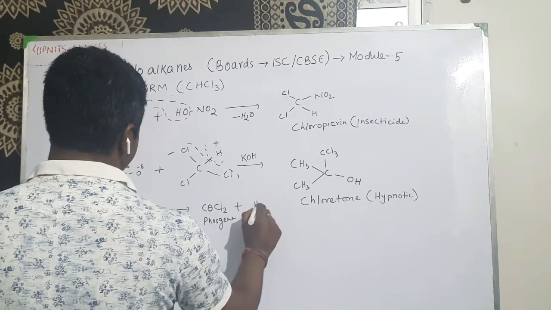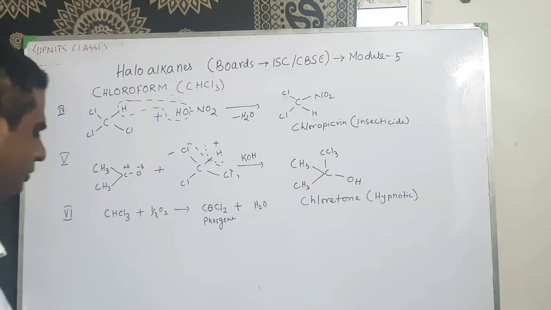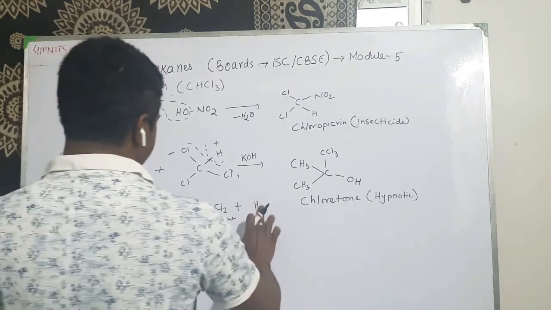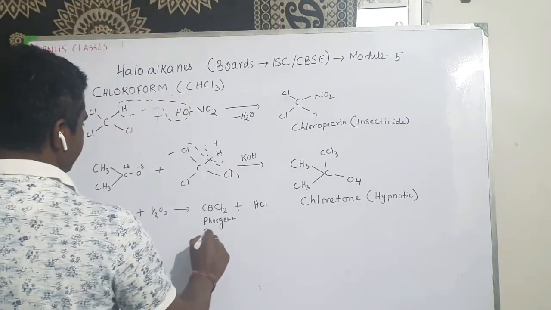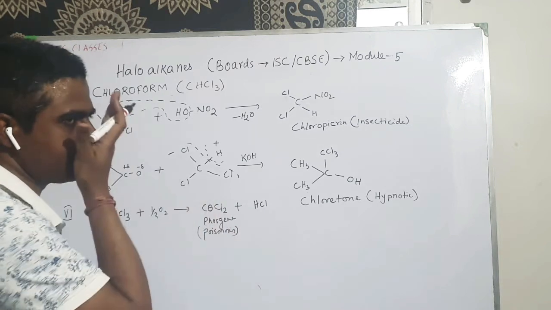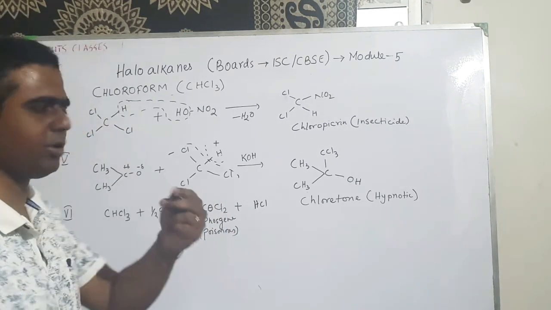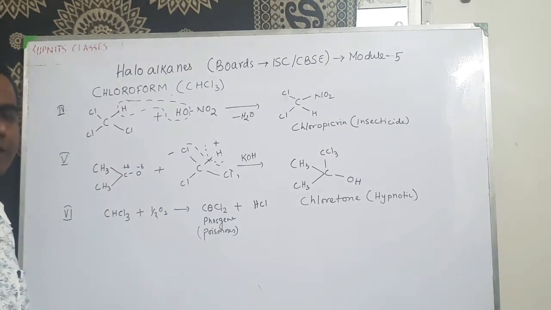Plus H2. Very important reaction this one. COCl2 plus HCl. Now this is poisonous, and this is the reason why you go faint if chloroform is put in your mouth, because it catches the oxygen from the atmosphere and it gives you phosgene, and you faint because it is